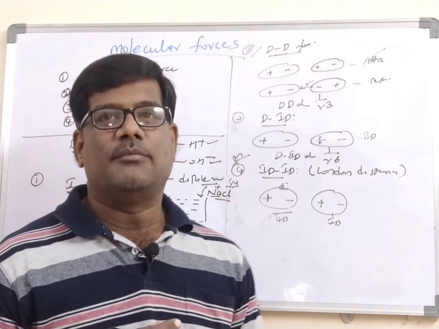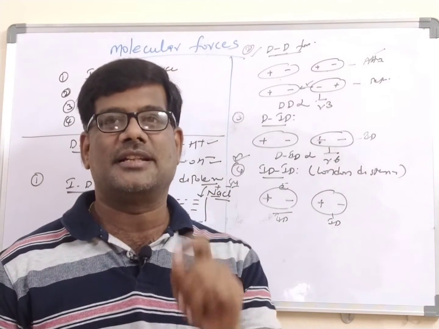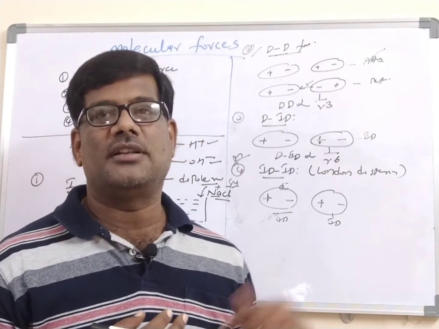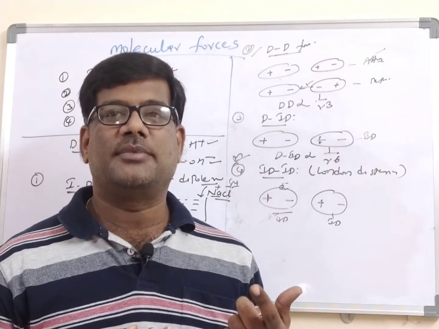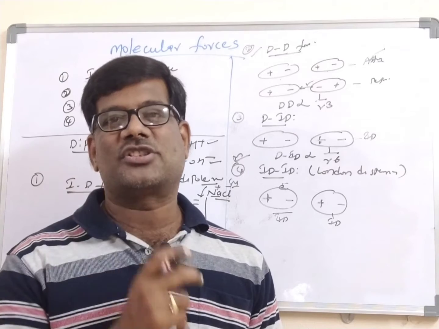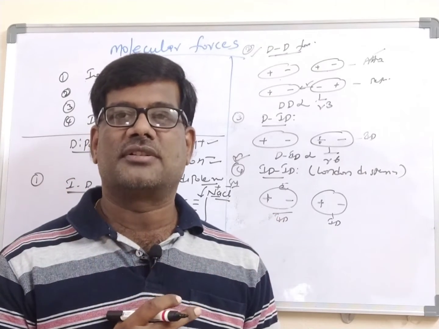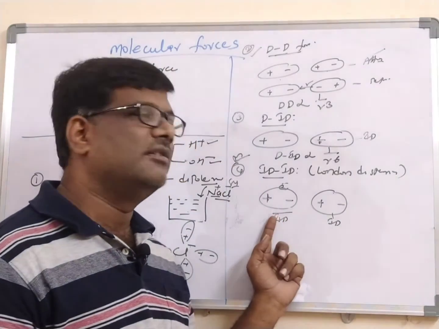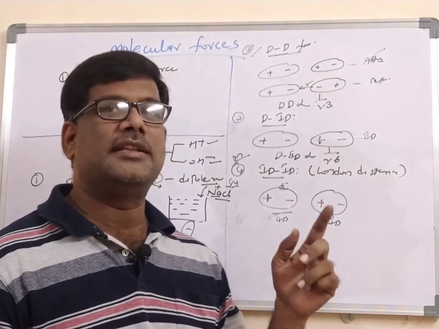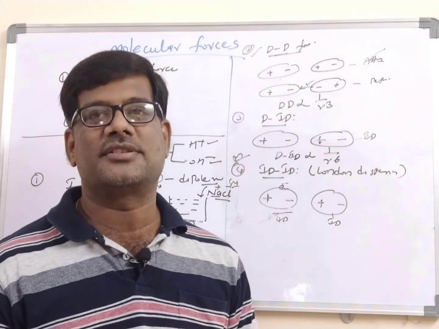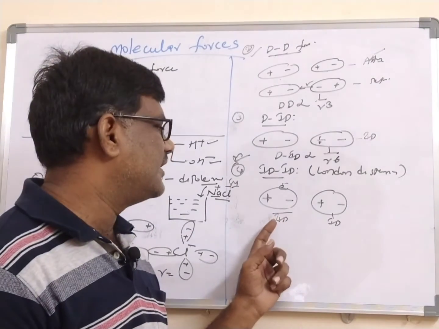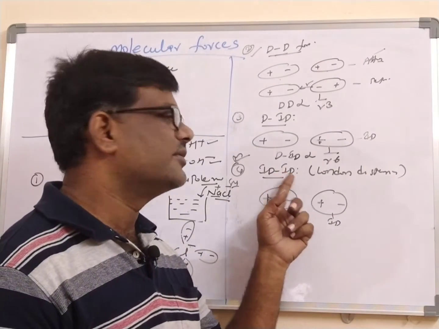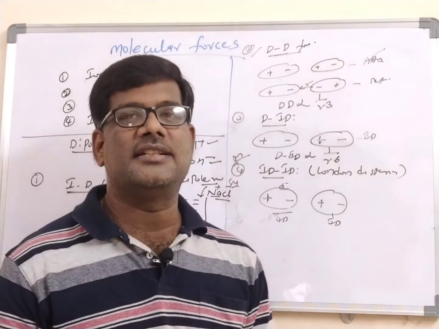The chance is very small, but this was observed by the scientist London. That's why this phenomenon is called the London dispersion forces. How is the induced molecule created here? It is created by the distribution of electrons. If the distribution of electrons is symmetrical, the molecule will be neutral. If the distribution may be unsymmetrical for a fraction of a second, immediately that molecule behaves as a dipole and creates polarity in the adjacent molecule. Ultimately both are induced dipoles. A force operating between one induced dipole and another induced dipole is called the induced dipole force.